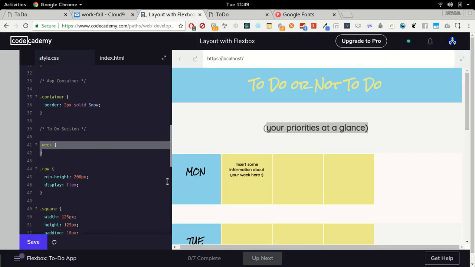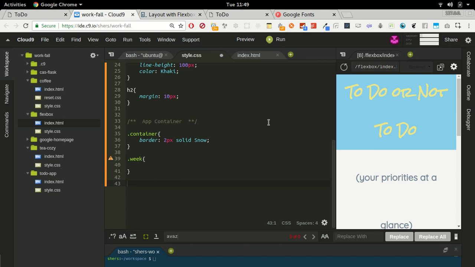And we had a row, right? So we had the entire row here, and it has some height. You see that? They're saying minimum height should be 200 pixels. So minimum, it could be bigger than that if your screen height is bigger, right? So row is min-height